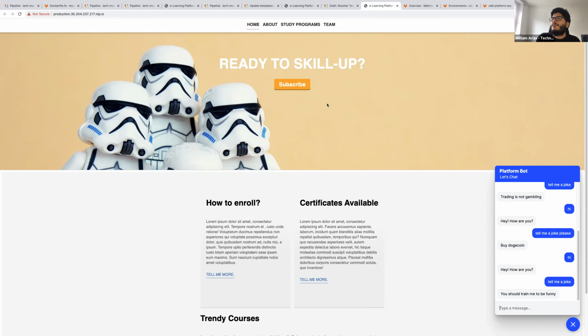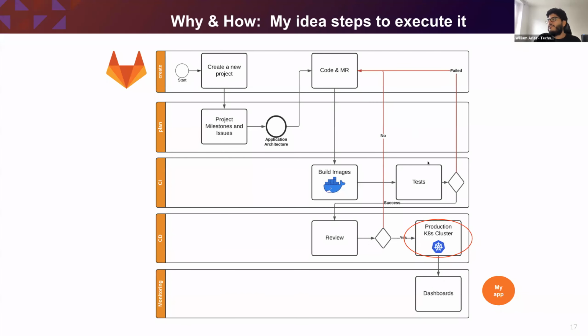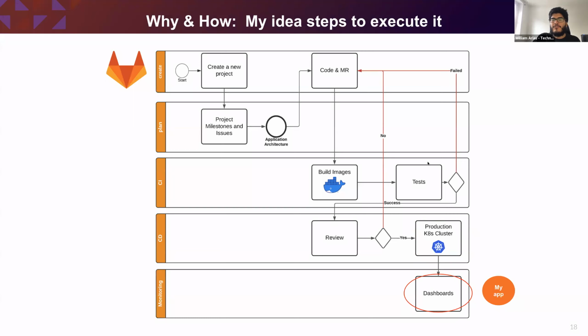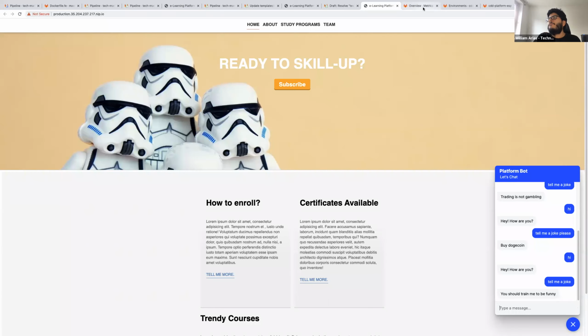So something very cool, and almost to wrap up this process of my idea execution, is that we need monitoring. You don't do much if you cannot measure how things are going, what needs to be changed, and in general the health and performance of the application. So to show that here,